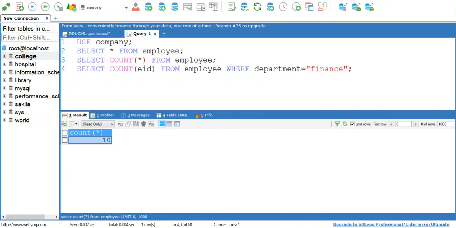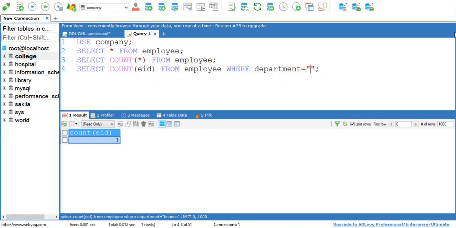Okay, I want to count the number of employees in the finance department. So I can simply write select count EID from employee where department equals finance. Then it will give me the count of employees working in the finance department. Now in the finance department we have a single employee, so our output is 1.